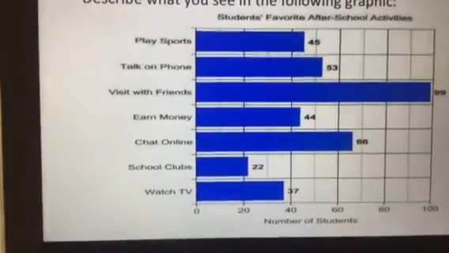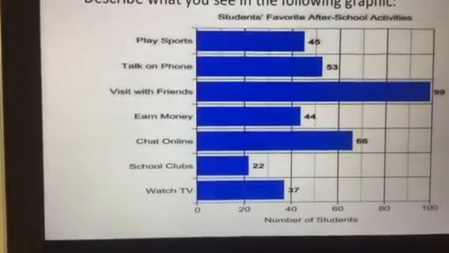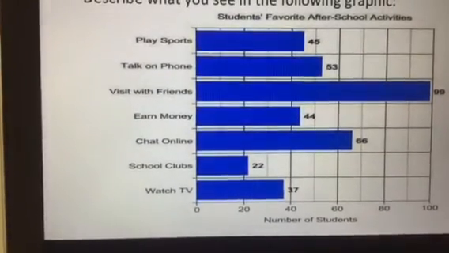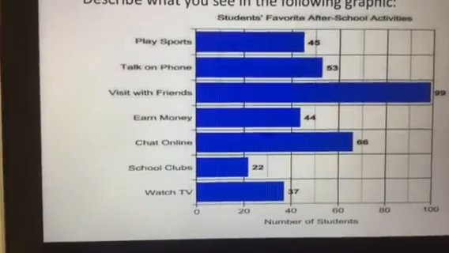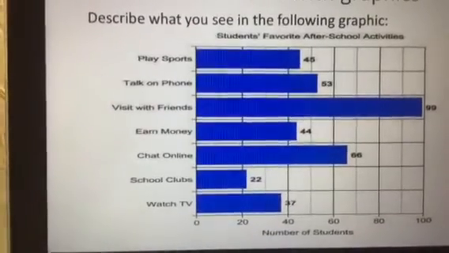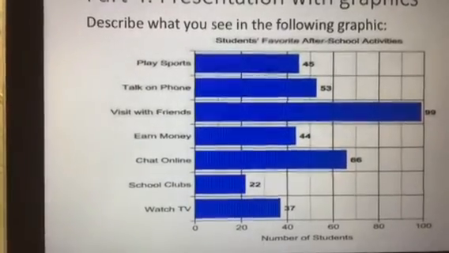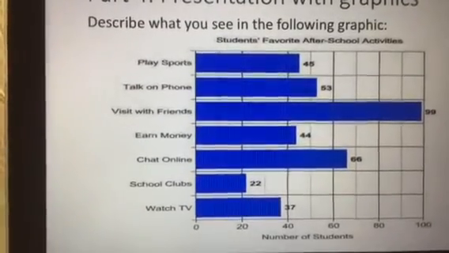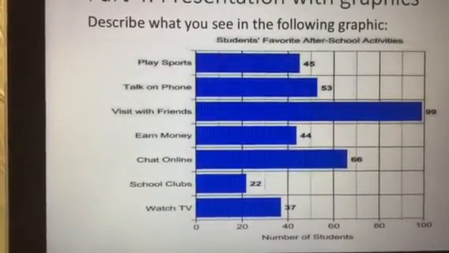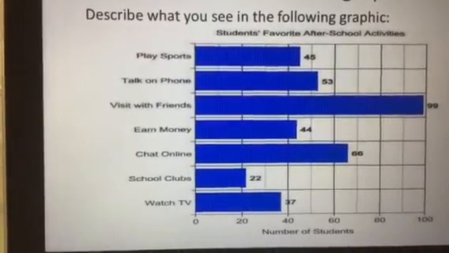Here we're going to evaluate the students' favorite after school activities, which are play sports, talk on the phone, visit friends, earn some money by working, chat online, school clubs, and watch TV. We can see that of the number of students we asked, we got the most students saying that their favorite after school activity is visiting with friends because they like going out with friends. Then we can see there's talk on the phone with chat online, which are very popular nowadays,